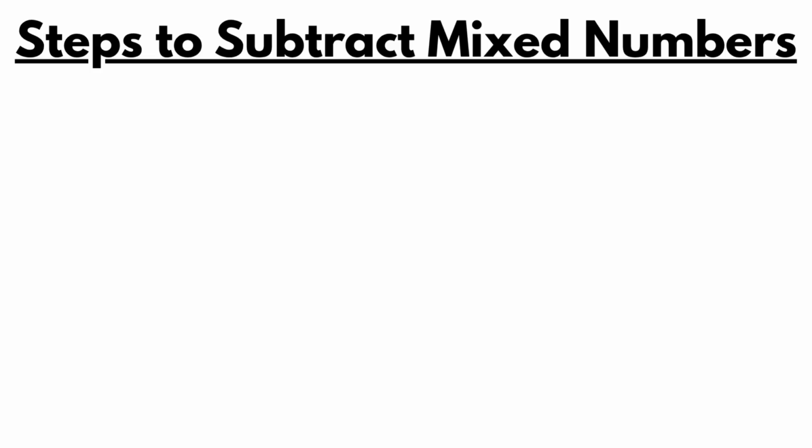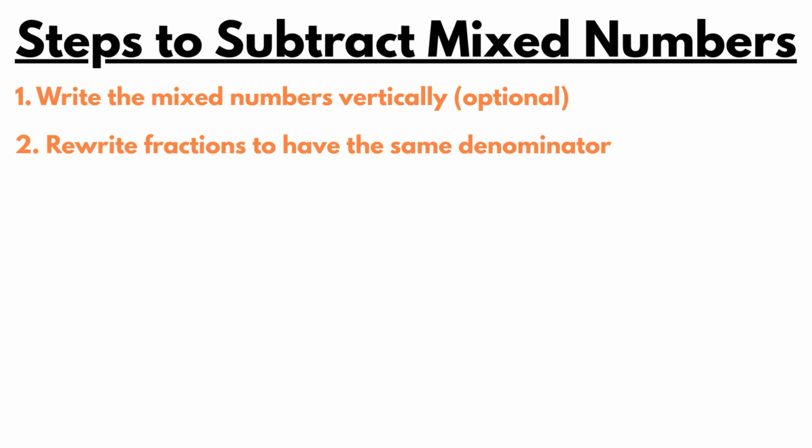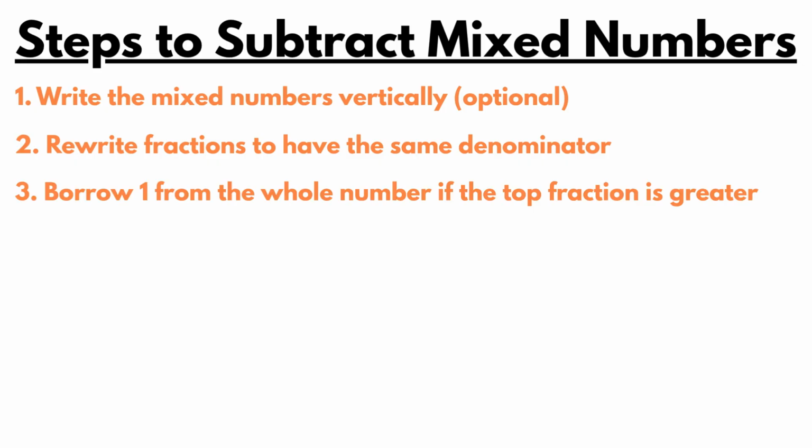Before we start subtracting mixed numbers, let's go over the steps. Step 1. Write the mixed numbers vertically. This step is optional but truly helps. Step 2. Make sure the fractions have the same denominator. Step 3. If the fraction on top is greater than the one on the bottom, borrow 1 from the whole